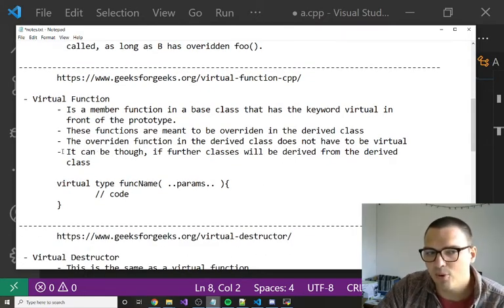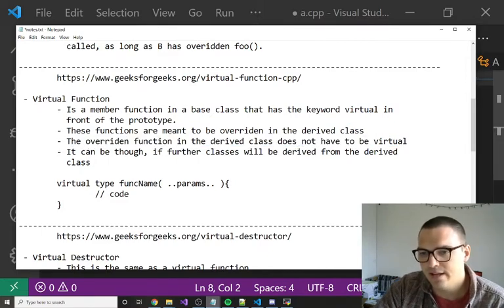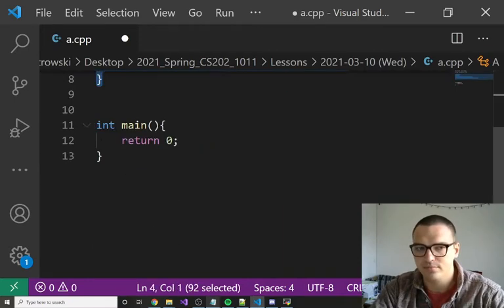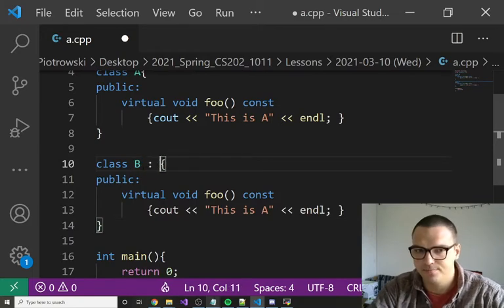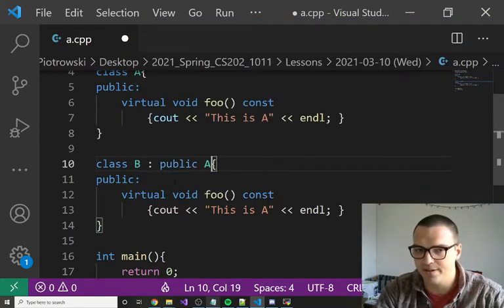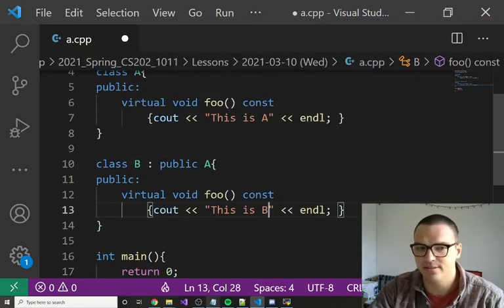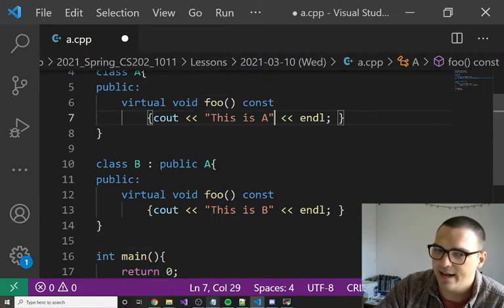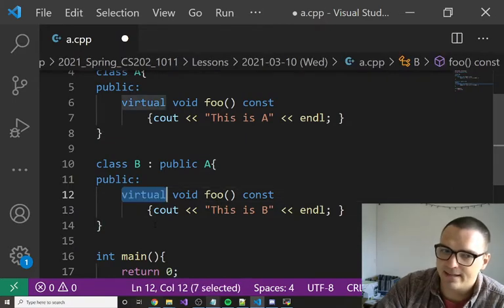And so the important thing to remember with this is that we're going to use this in our example today. Say we have a class B, and then we're going to inherit publicly from class A. And notice that we still have this void foo. And in A it says this is A, and in B it says this is B. If we do not make this virtual,